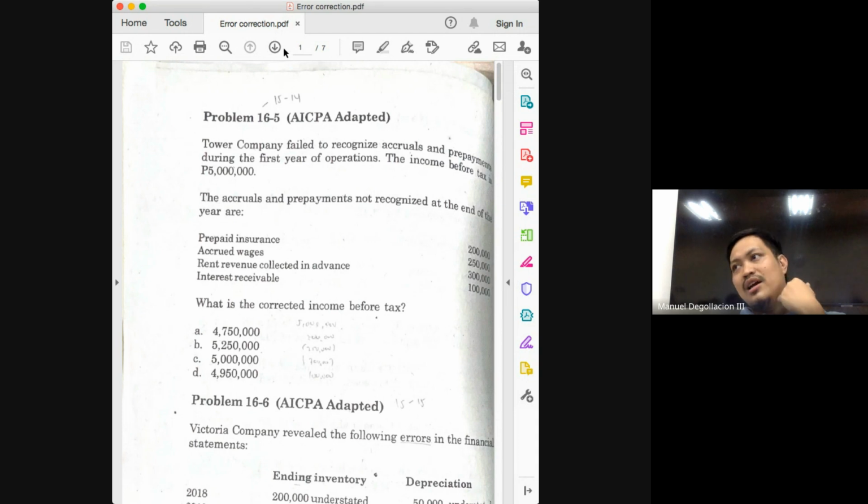Because if you rely on memorization on what to do, it would be very dangerous, class. If you forget one, then everything else will crumble. It's safer for you to understand what is going on. Okay? And this leads us to problem 16-5.